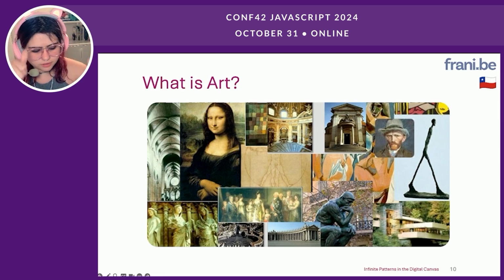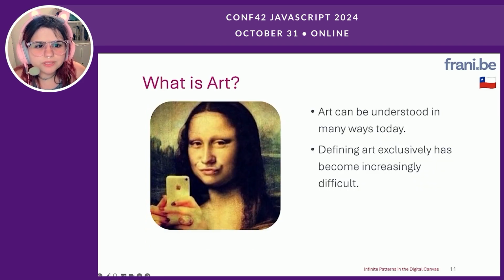cultural significance. The way we create and experience art has evolved dramatically in recent years. With the rise of digital technology, artists now have access to tools that previous generations could never have imagined. Today, art is not confined to paint, canvas, or sculpture in marble. It's pixels, code, and even virtual spaces, allowing us to blend mediums and collaborate in ways that were never possible before. The boundaries between art, design, and technology are becoming increasingly fluid. And algorithmic art is a perfect example of this new frontier,